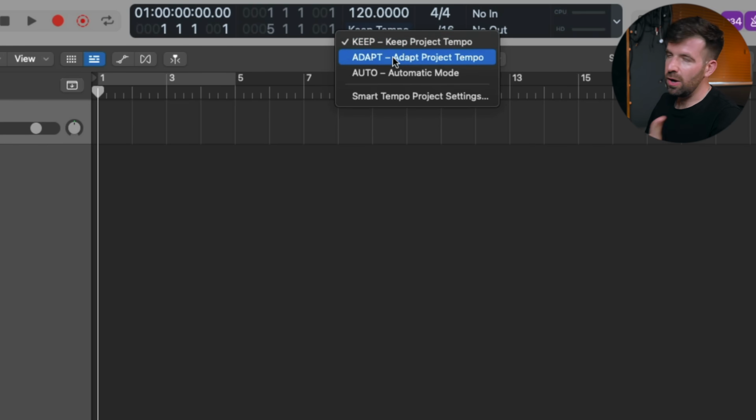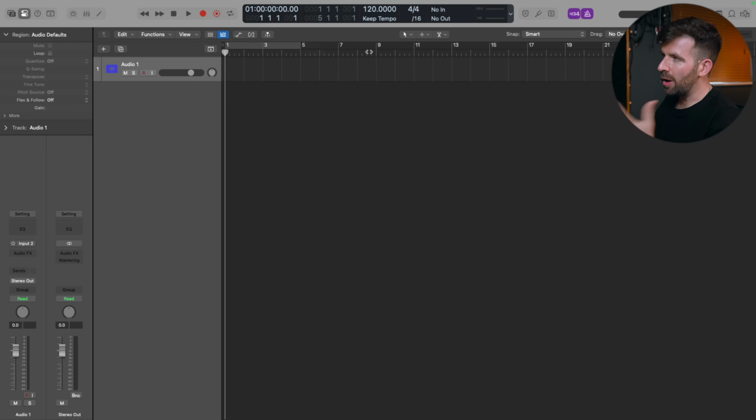We can also change the mode of the project. So if we're bringing in any files at a different tempo, we can select whether they are adapted to the project or whether the project adapts to them, and so on and so forth. I'm not going to use any of that in this mix, I don't think, but it's there if we need it. At the moment, the grid is just the standard grid as well, which just shows me the bars and